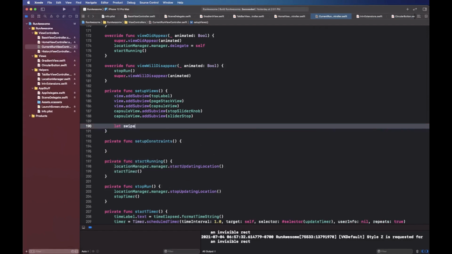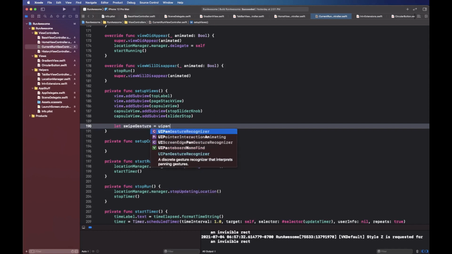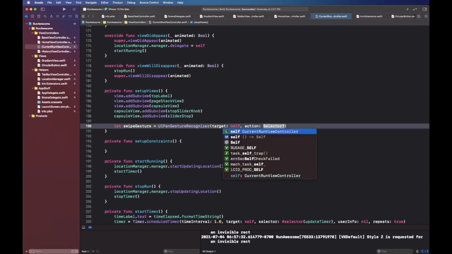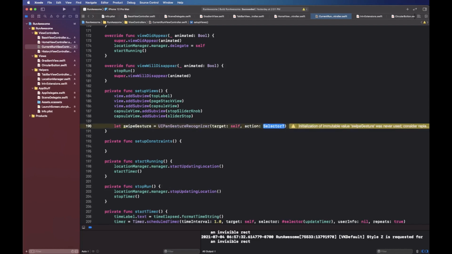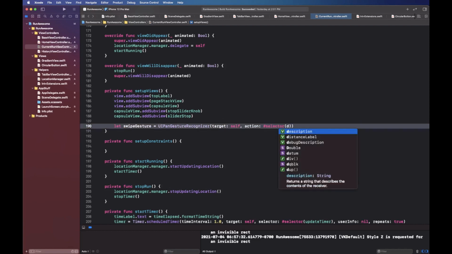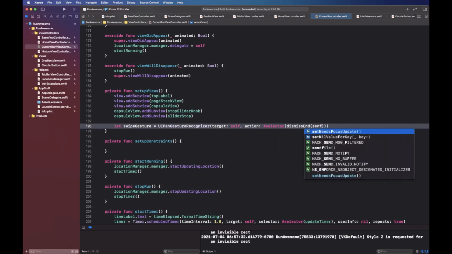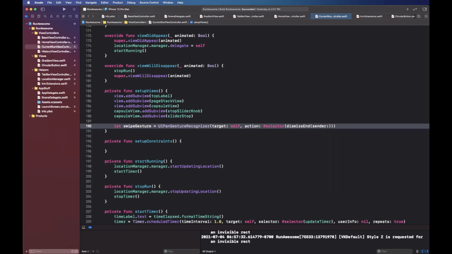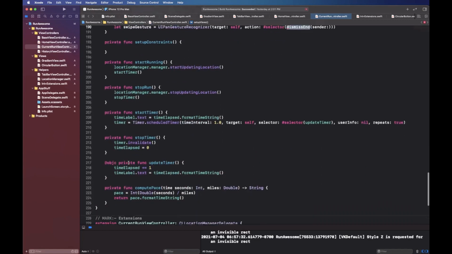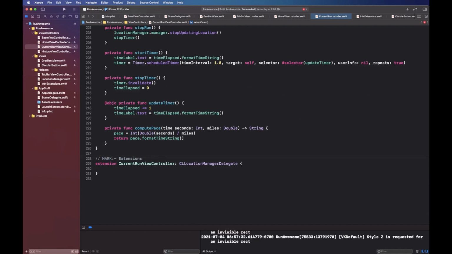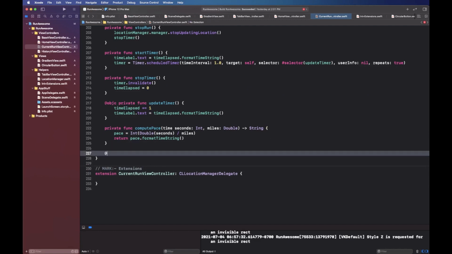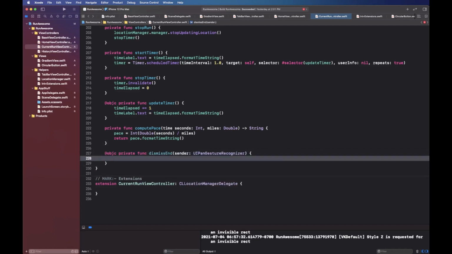So let swipeGesture equal UIPanGestureRecognizer. Target is going to be self, and the selector is going to dismiss the view controller. So we're gonna say dismiss, and we're gonna have a sender here. Okay, and we're gonna create that function. dismissEnd, it's gonna have a sender, UIPanGestureRecognizer. Okay,